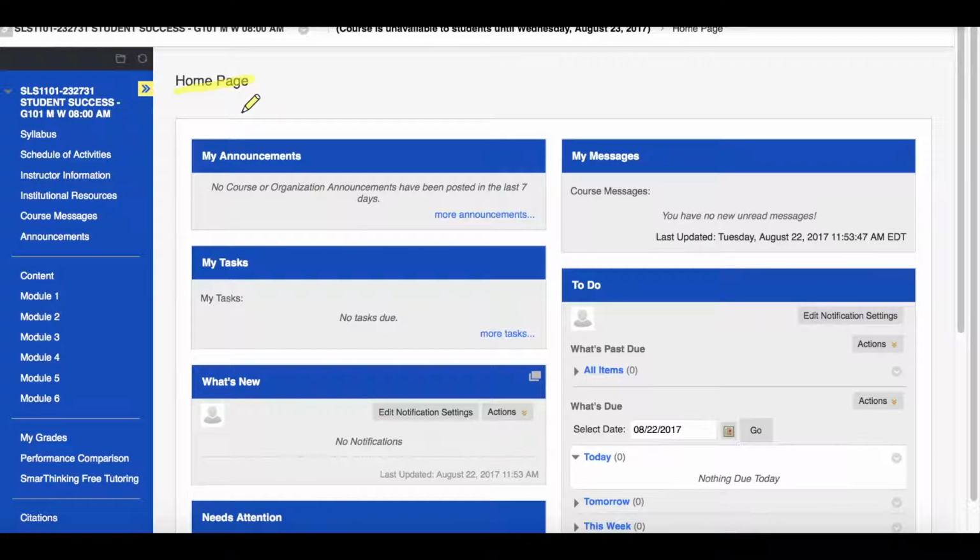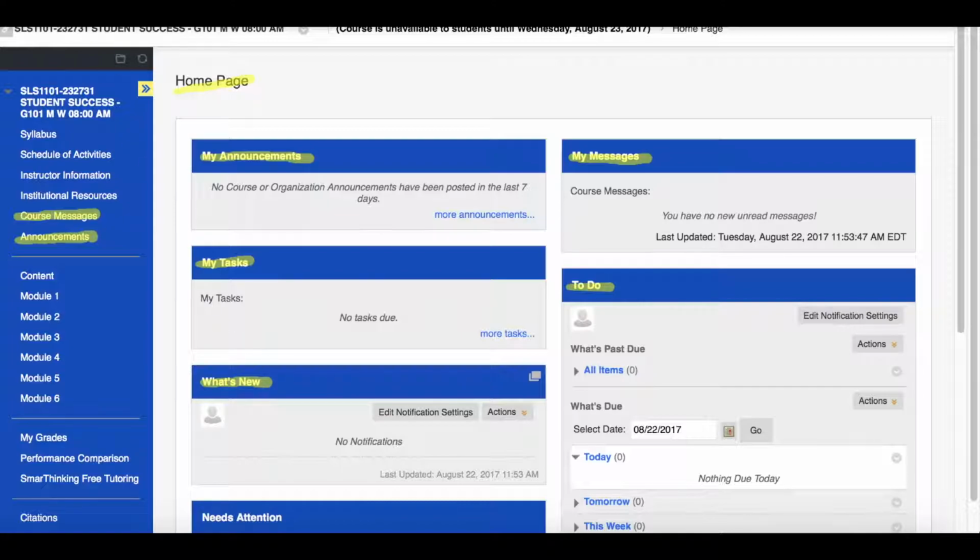So your home page here in the center has a lot of different resources. Currently there are no new announcements, but as soon as I finish this video, I'll be uploading your first announcement, and those will update each week. Announcements can also be found on your toolbar by clicking Announcements. My Messages is the email version of communication inside of Blackboard, so if you'd like to send me a message through that platform, you can click My Messages, or it's also duplicated over here on the left-hand side of your toolbar. Tasks will be populated as those are assigned, as well as to-do list, what's new or any new